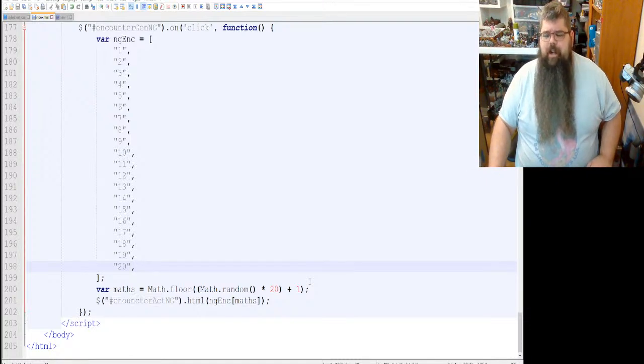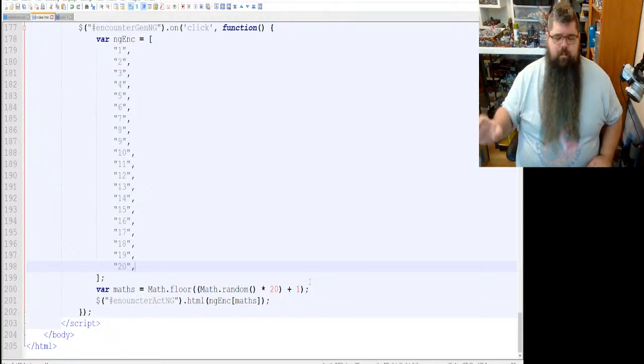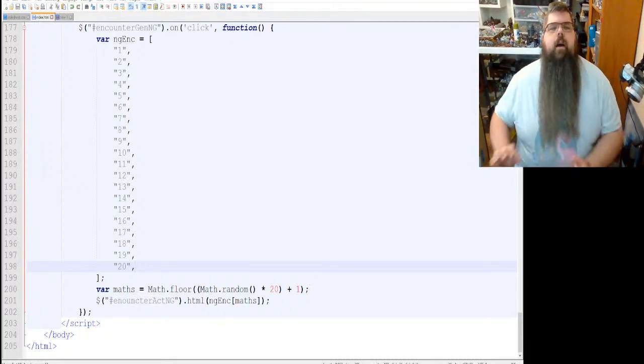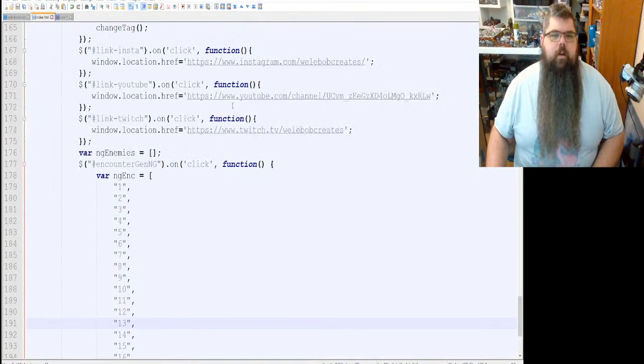Now, over something like 100,000 clicks or a million clicks, the JavaScript random function isn't actually truly random, but we're not calibrating space lasers or any of that here. Okay, we're making a table. It's good enough.